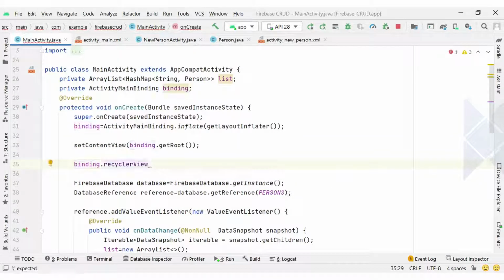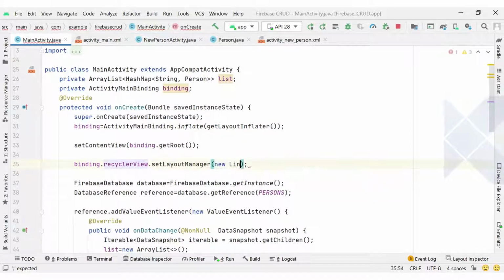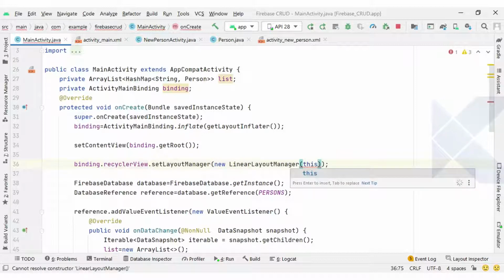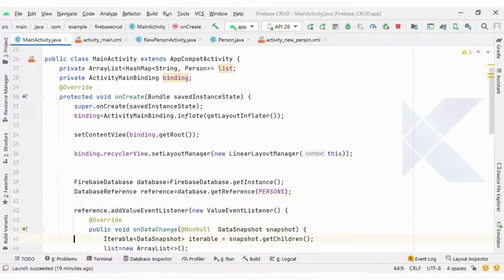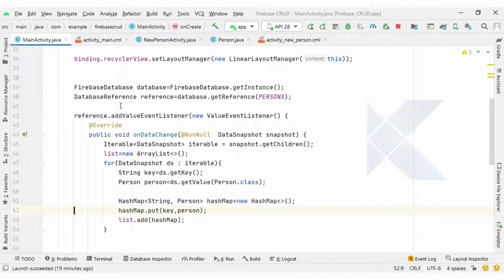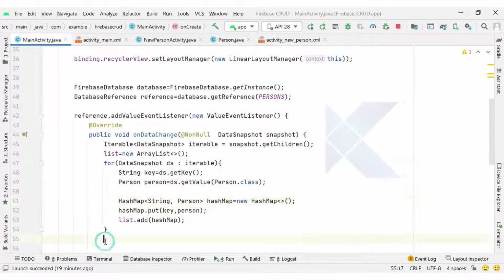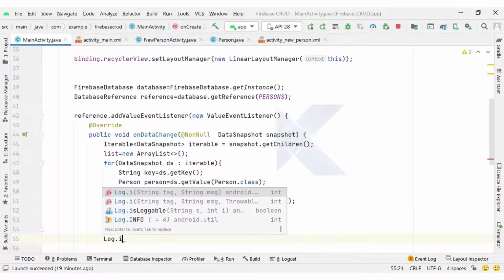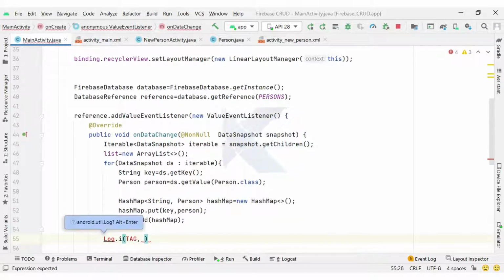Accordingly, I will take the recycler view from my layout file and set the layout manager, a new LinearLayoutManager, and inside it I can pass the context. Then after that you can create the adapter, pass your data to the adapter and display the data. But as of now I can display my data with Logcat, and we can confirm whether it is fetched successfully or not.